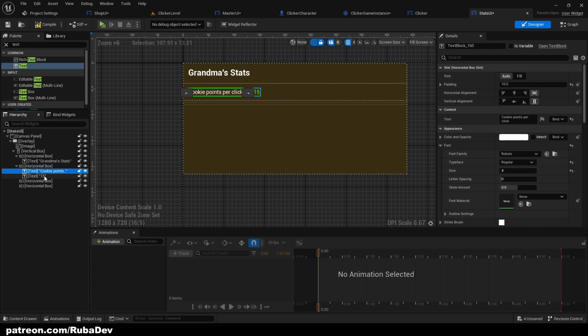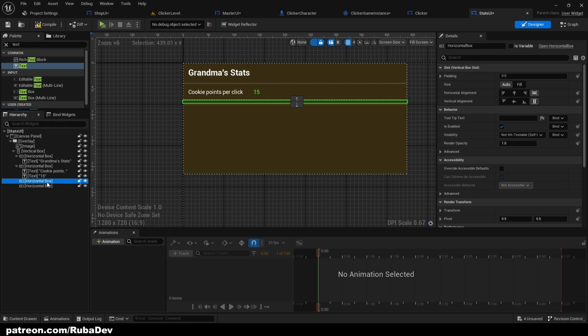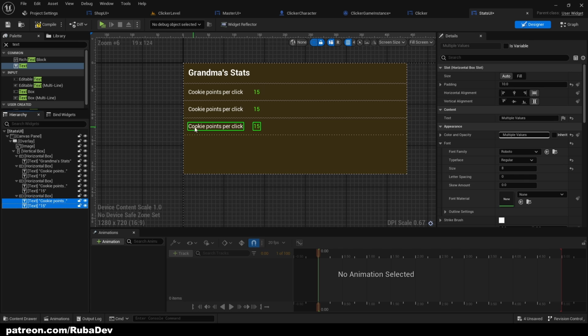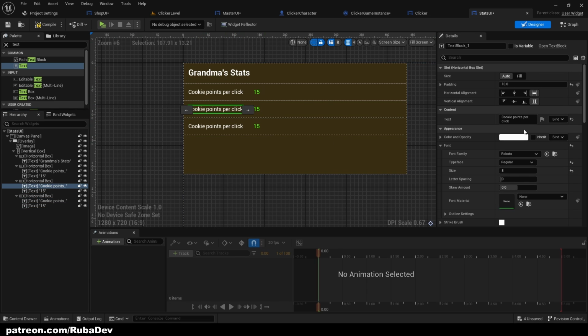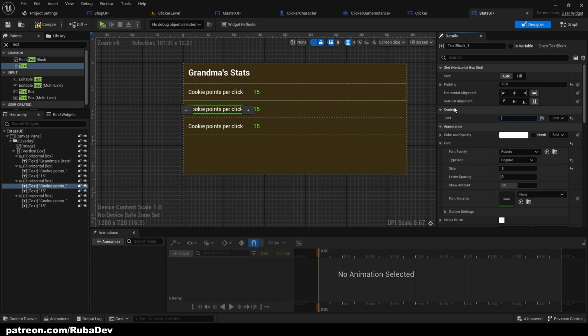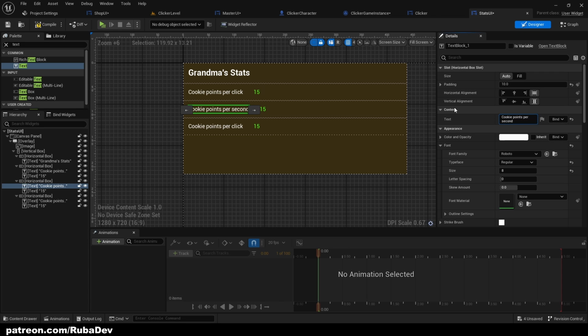That's the first one. We can copy it, go to the second horizontal box, and then to the third one. Here we're going to set cookie points per second, and here we're going to